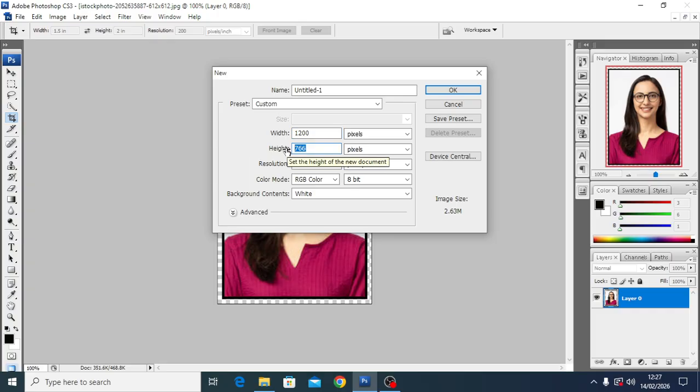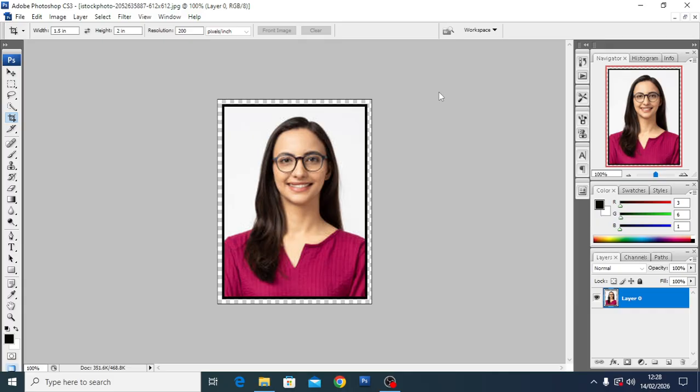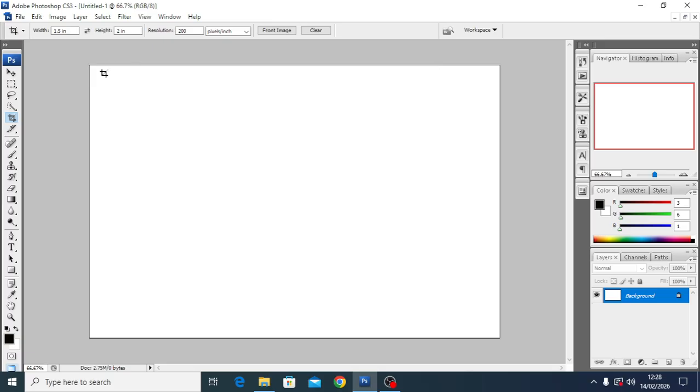Here on height we use 800 pixels. Resolution 300. Then after we press OK. Yeah, it is opening. It has opened. Now what should we do if we want these passport photos to come on this layer? We simply go on edits,